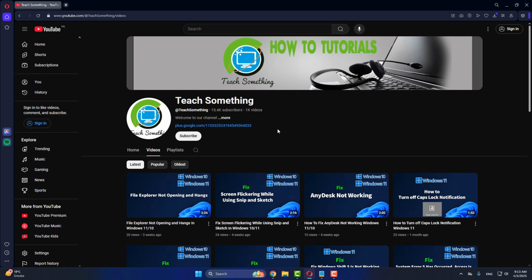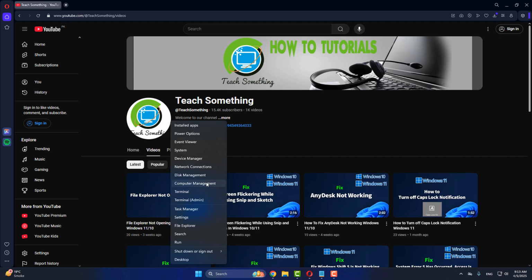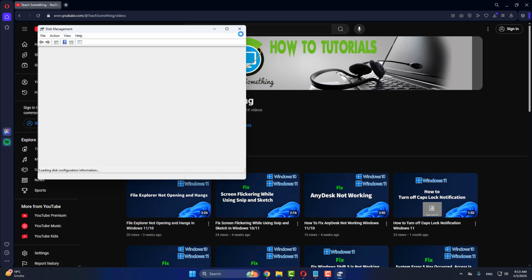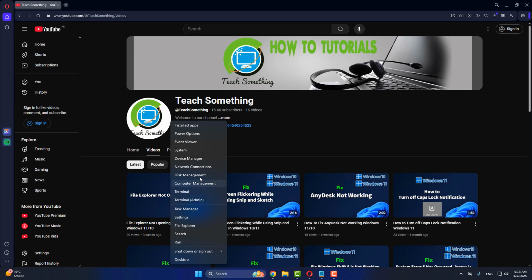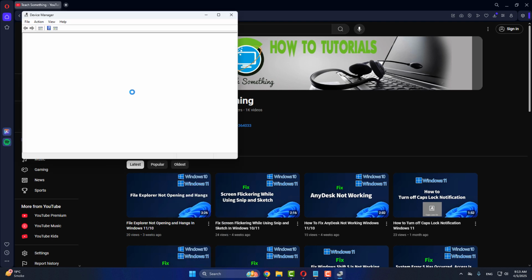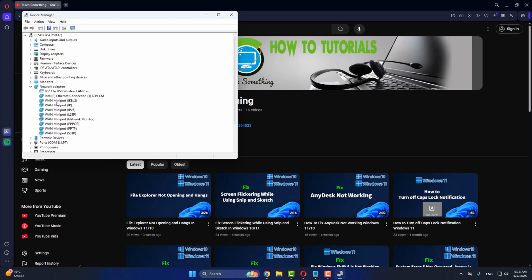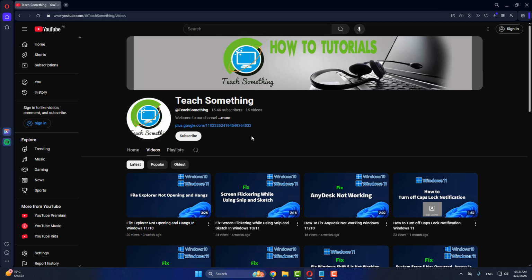The next method is to go to your Device Manager, select the camera app, and after that update the camera driver. So select the camera driver and update it. After that, I hope your problem is fixed, but if the problem is still there, then you can go to your